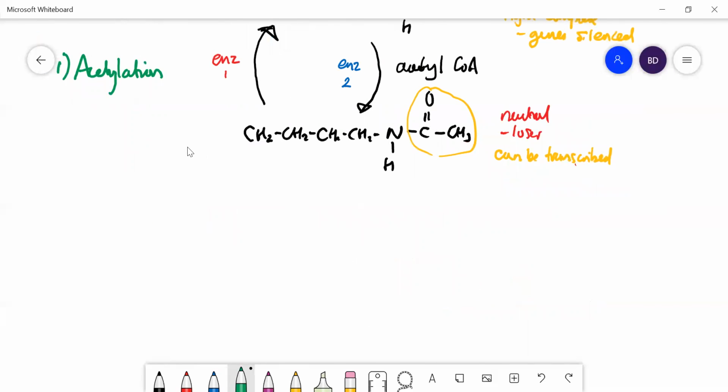The second way is by methylation, not of the histones. This time it's methylation of cytosine residues. And okay, now it's not just any old cytosine residues, but you tend to have these regions in DNA called